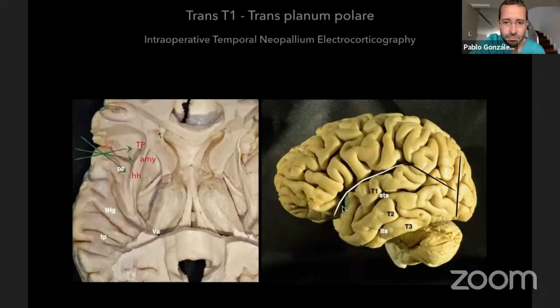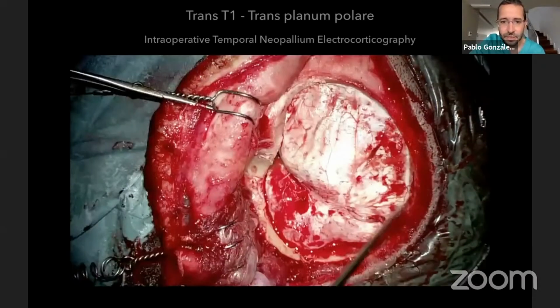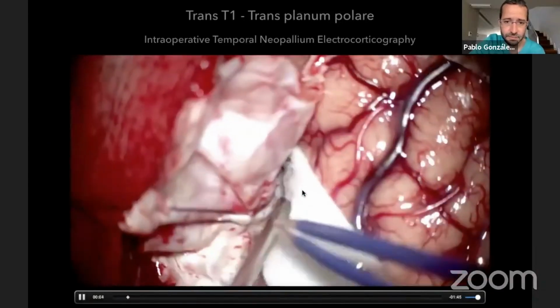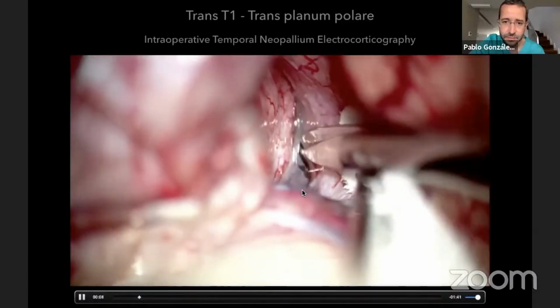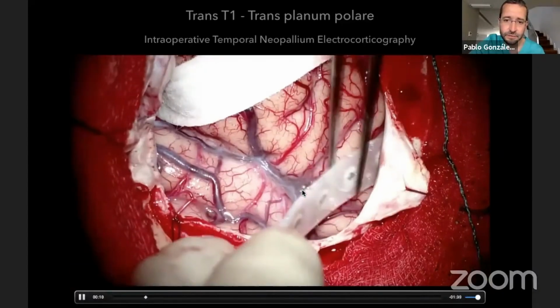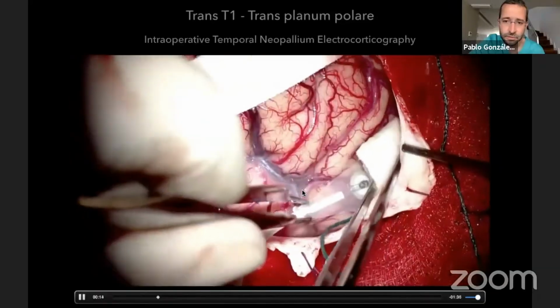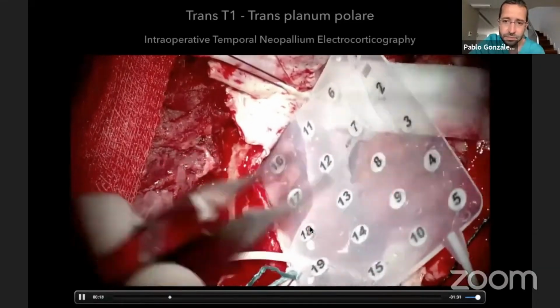I will show you. I did a small corticotomy in the most anterior aspect of T1, and then through the planum polare, I reached the temporal pole and the amygdala. So this is the left pterional craniotomy, and this is the left sylvian fissure. We are releasing CSF, starting with that maneuver. That's a carotid. So we are placing now the electrode in order to continuously check the corticospinal tract. We leave that one in the motor area, and we are using an intraop